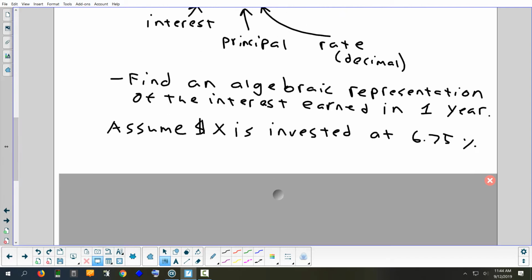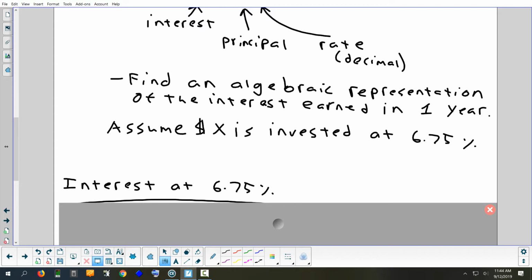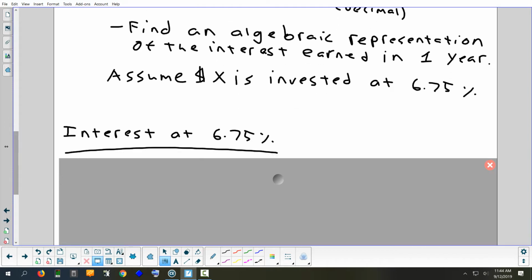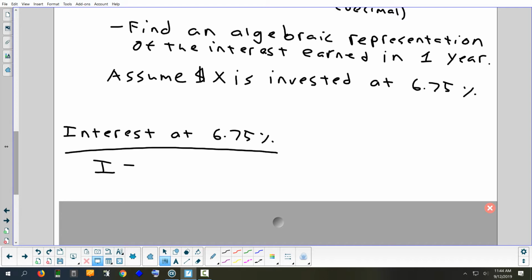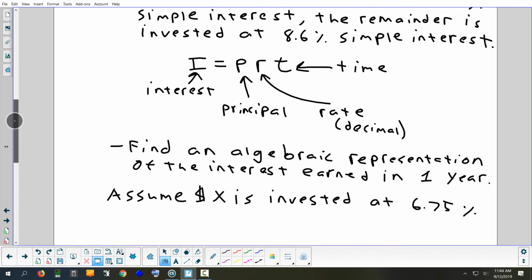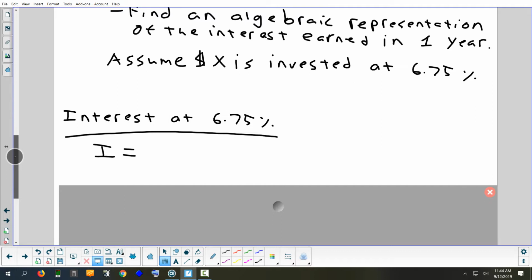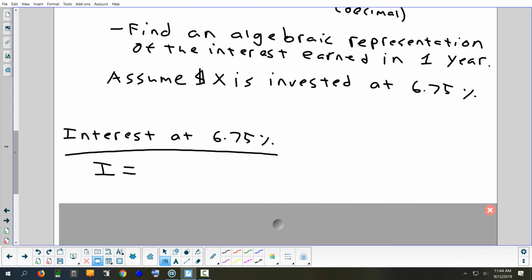All right, so let's see if we can figure out the interest. So he's doing 2 investments. Let's start out with the interest he would make in the 6.75% investment. Right, so I equals PRT. How much money is Bill investing at 6.75%? X. What's the rate of that investment? 6.75. No. 0.0675. Yes,